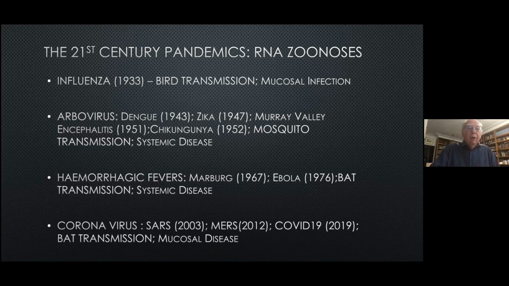The second group were the arbovirus group. Most of you will have heard of dengue. Murray Valley encephalitis is an Australian-owned arbovirus, which the virus was characterised by the Walter and Eliza Hall Institute in 1951, and it was mainly in small epidemics in southeast Australia from water birds. Chikungunya is a condition which we don't see at all in Australia, and the transmission of these conditions is by